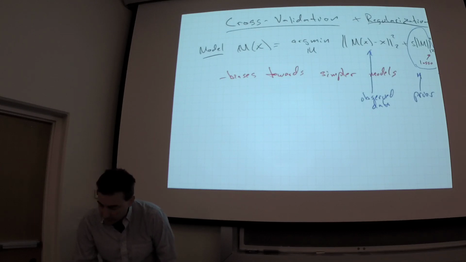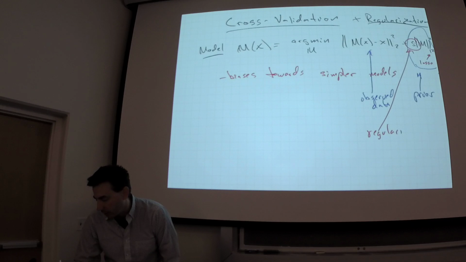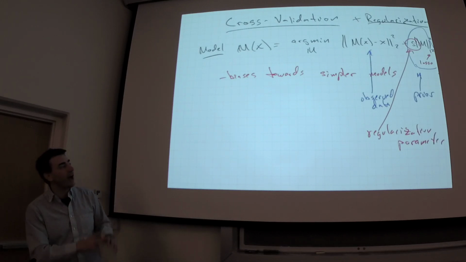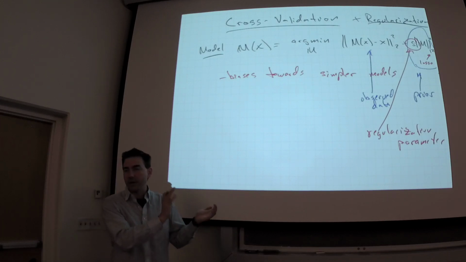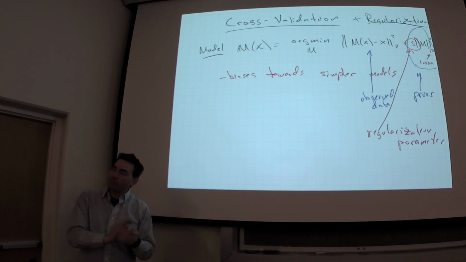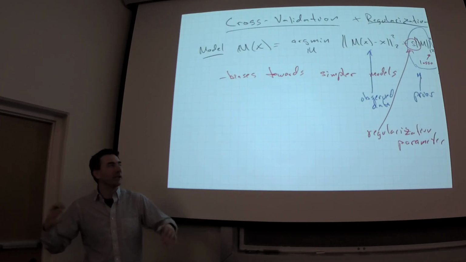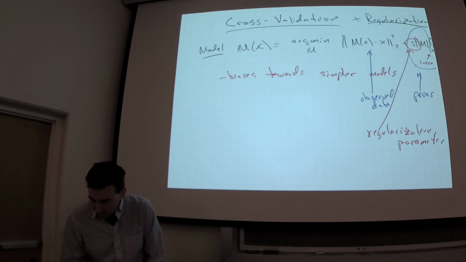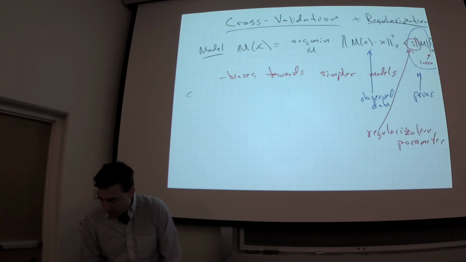In order to learn this, you need to somehow set this regularization parameter. It tells me how much weight to put on the prior versus on the actual data. How do I know how to set it? One way is to say the prior is worth something like 100 data points and weight them that way, and that might be reasonable. The other way to do it is I choose S with